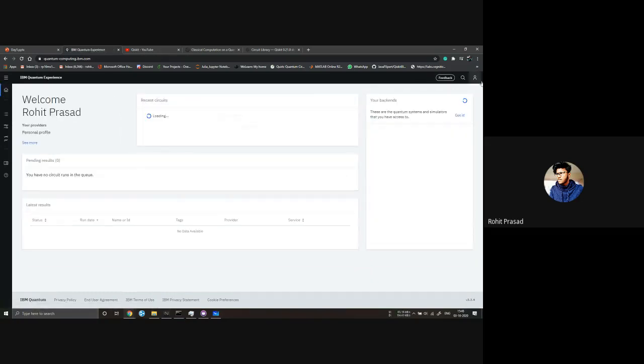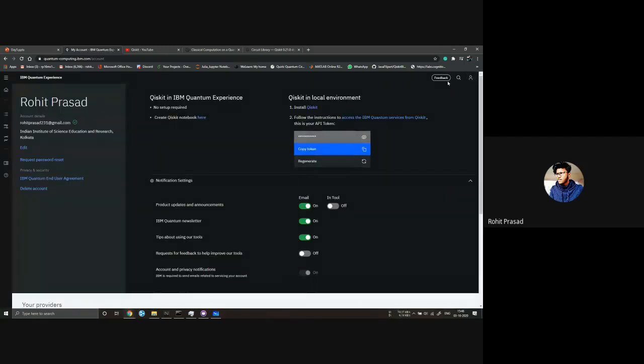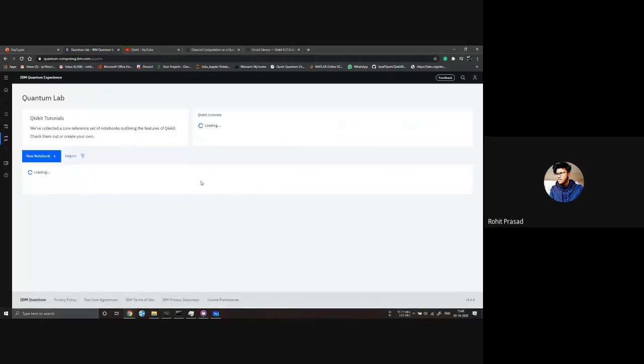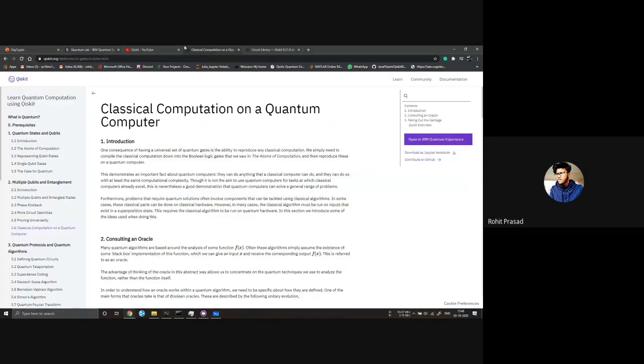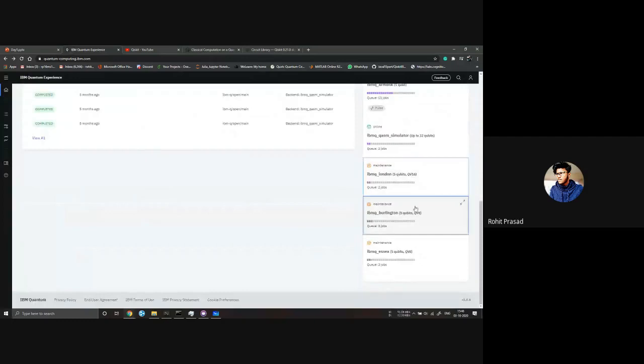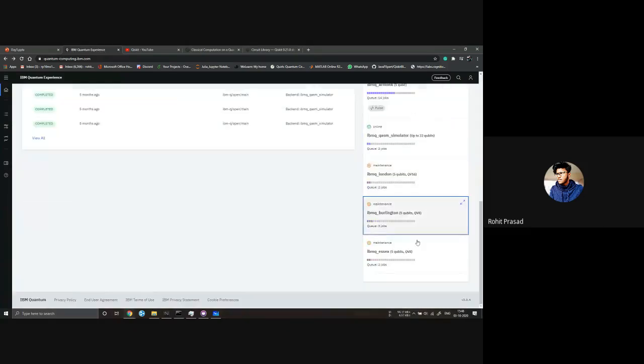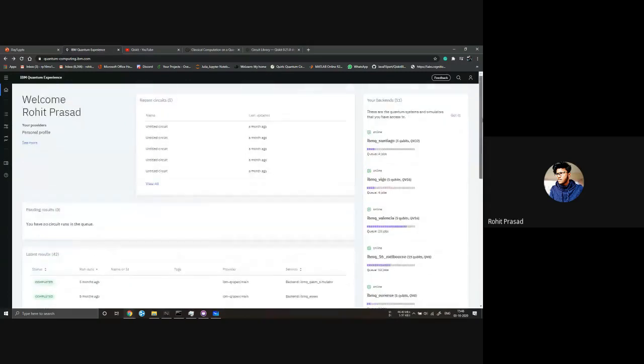So you will get your API token from your account. If you want it to be run on the quantum computer that IBM has, you need that API token. Right now, I will be working on the simulator, but as we progress, I will teach you how to implement your circuit on these IBM quantum computers as well.